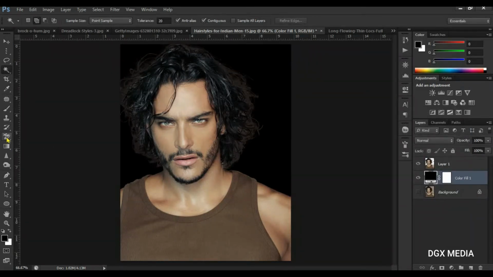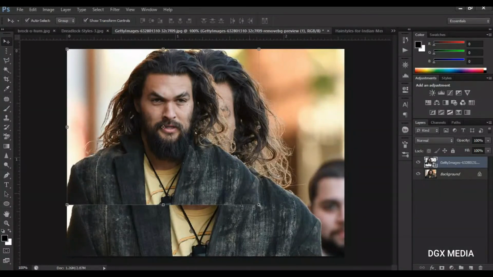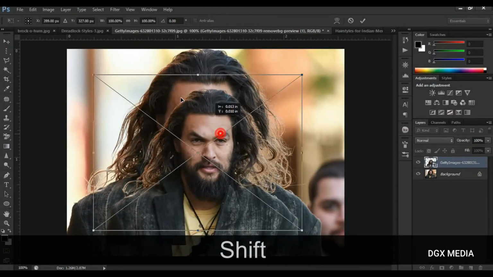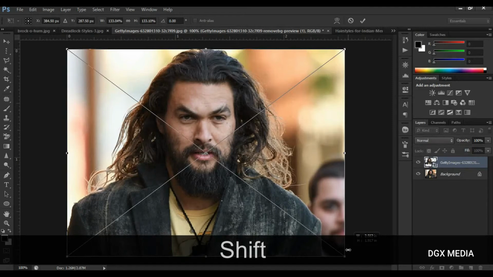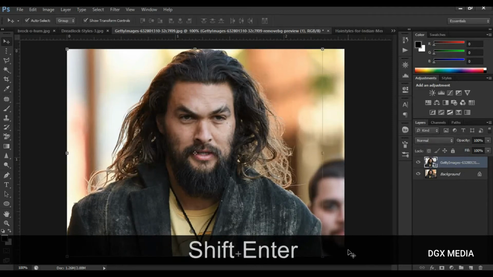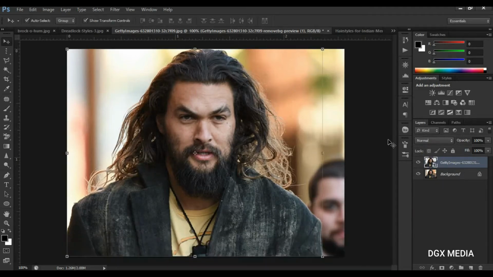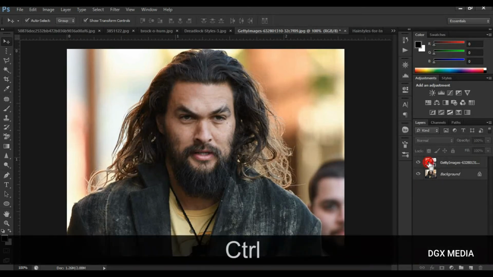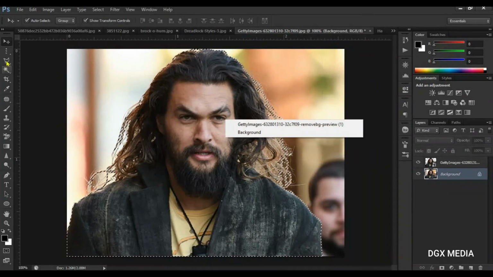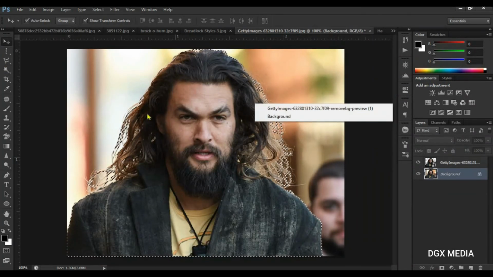What you need to do is go to the edge, you drag a line, hold Shift, drag it to the other edge, make sure it fits, and you click Enter. Now what you want to do is use this to crop out the original image. So you hold your Control, you click on this, then you click on the original image and right click. Use your cropping to right click,